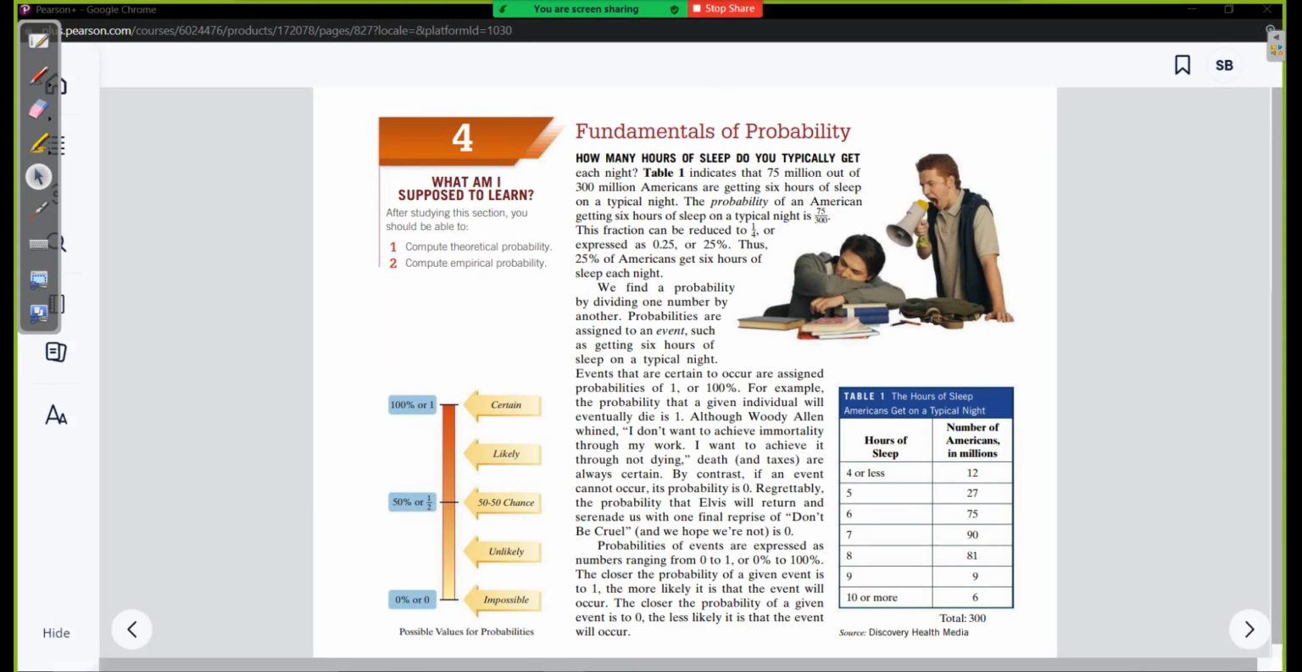Today we're talking about Chapter 11, Section 4, the fundamentals of probability. Now, this is a pretty simple section, and probability will get a little bit tougher in the next section. But for this one, I feel like